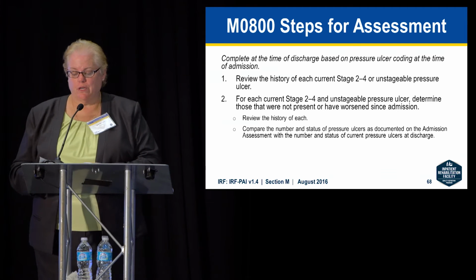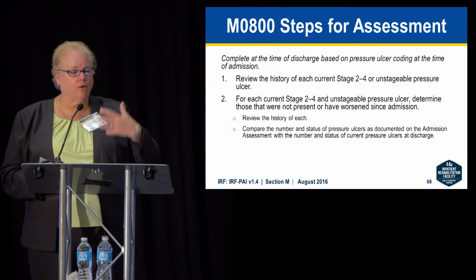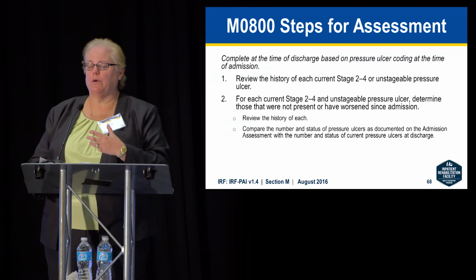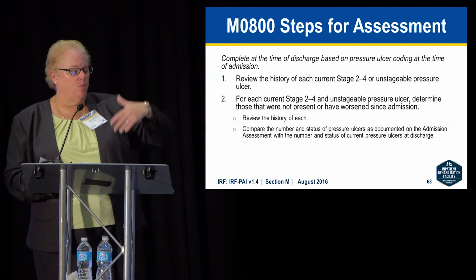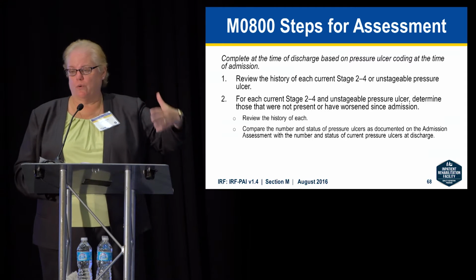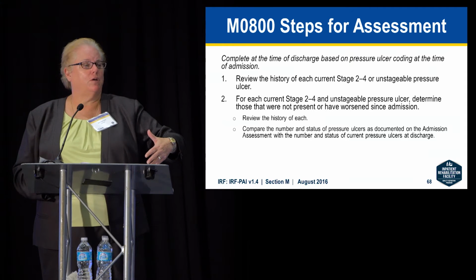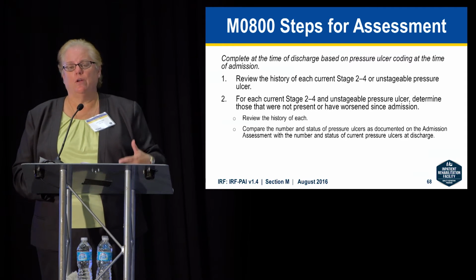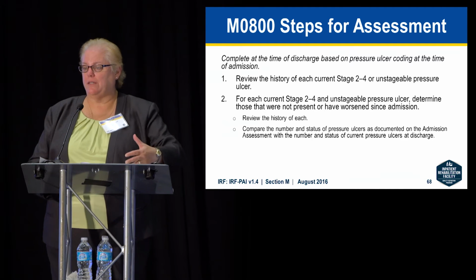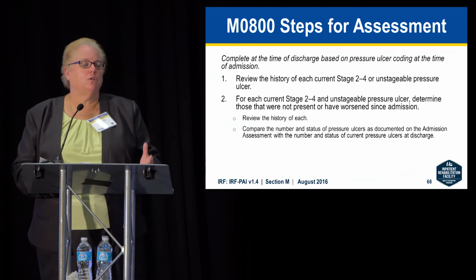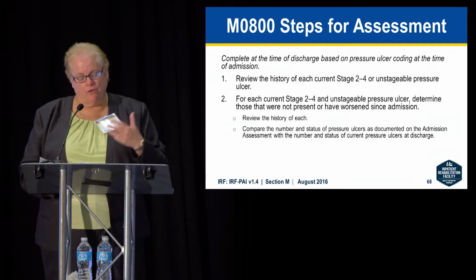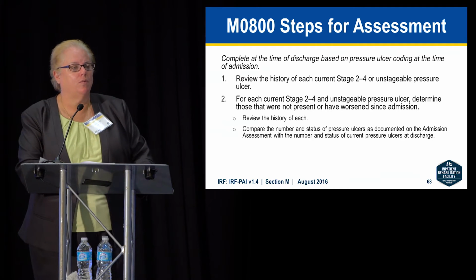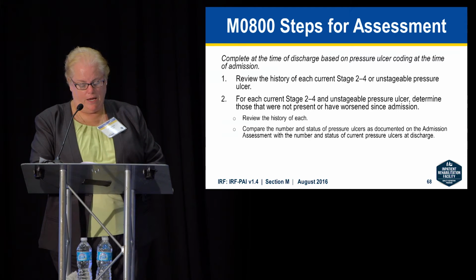This is really where it's going to be important to look at not only your assessment in your organization, but if they came into your organization with an ulcer, they might have either had an ulcer at home and then ended up in the acute care setting and then ended up in the IRF. They could have been in another setting, then into the acute care, and then came to you. So it'd be important to try to glean from discharge records or transfer records what that wound was assessed at.